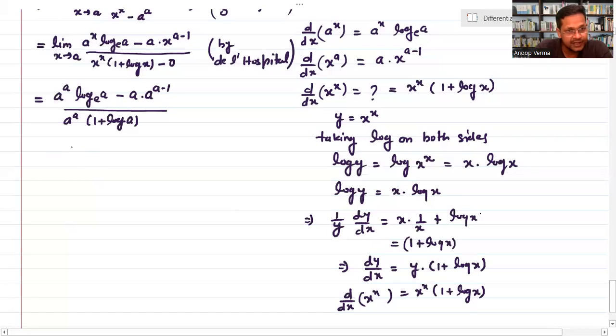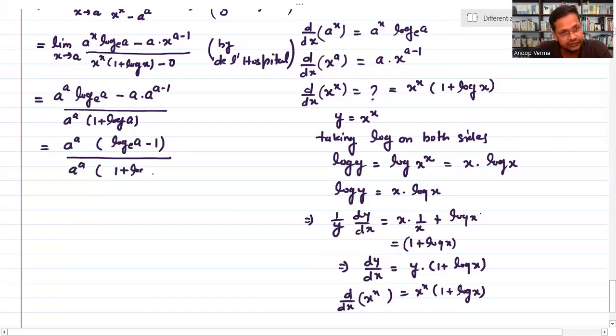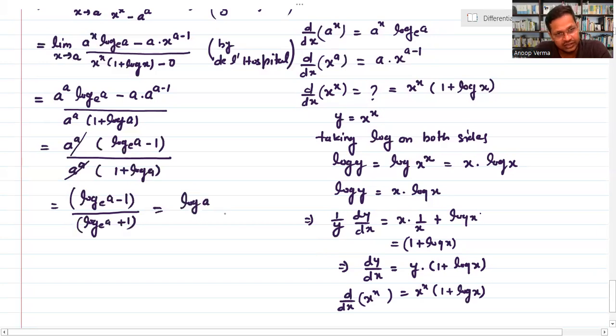कि यहाँ पर एक a इंटू a पावर a माइनस 1, इट मीन a द पावर a, यहाँ पर a द पावर a तुम कॉमन ले सकते हो, तो ऊपर बचेगा दिस इज टू द बेस e log a माइनस 1 एंड दिस इज डिवाइडेड बाई a द पावर a इंटू 1 प्लस log a, इससे आप कैंसिल कर दीजिए और सिमिलैरिटी देखने के लिए यू कैन जस्ट लुक्स लाइक दिस a माइनस 1 और यहाँ पर हो जाएगा टू द बेस e log a प्लस, या सिंपली आप e नहीं लिखना चाहते हो तो log a माइनस 1 डिवाइडेड बाई